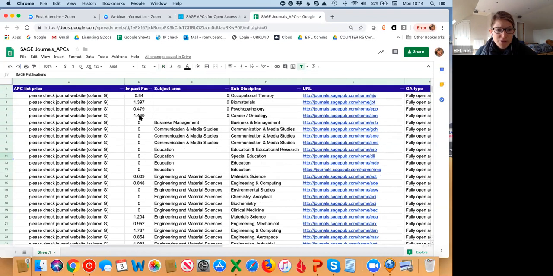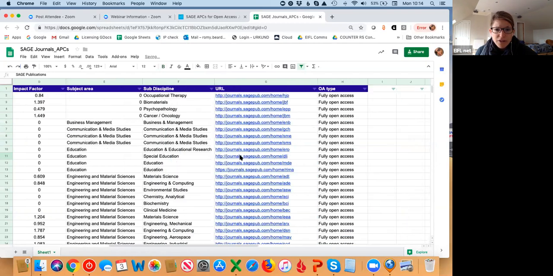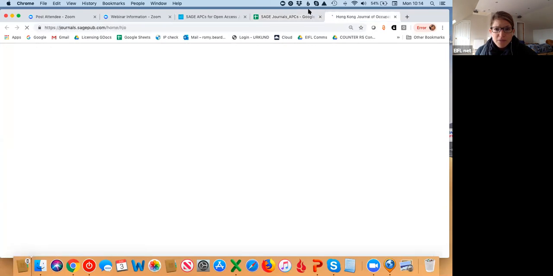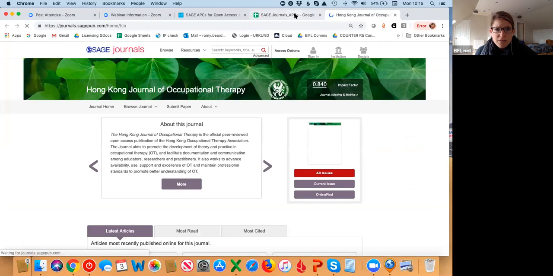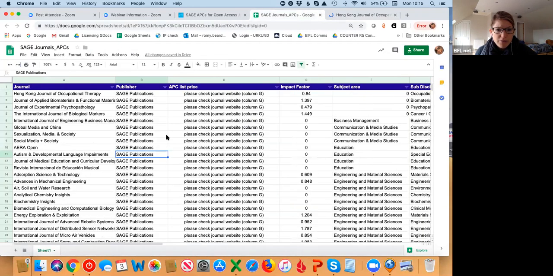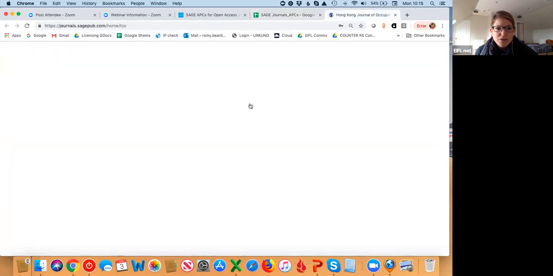You also have information about impact factor. And then you have the link to the journal website. On this spreadsheet we didn't put any information about the APC list price, because Sage was worried that there'd be too many versions with too many different prices floating around the internet, understandably. So we just put a note here saying, please check the journal website, column G. So if I go to the journal website,